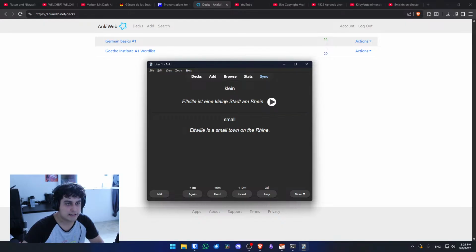Since klein is small, you use kleine, since this is using, I think, accusative. And since this is die Stadt, you use eine instead of ein. And so you use kleine instead of klein. So this is in fact accusative.